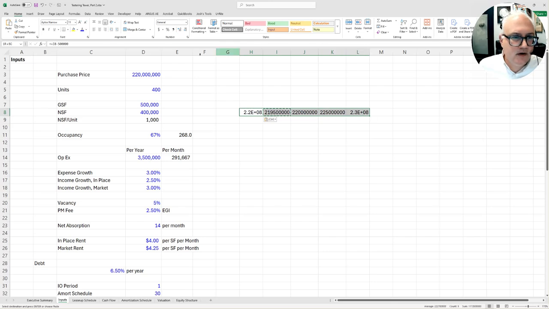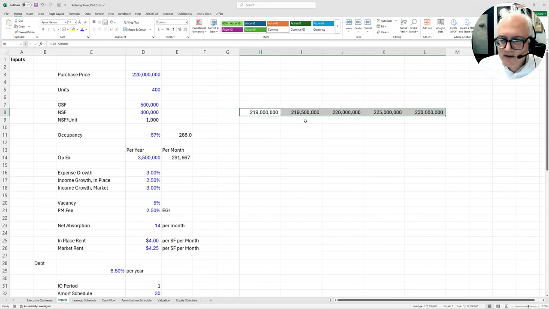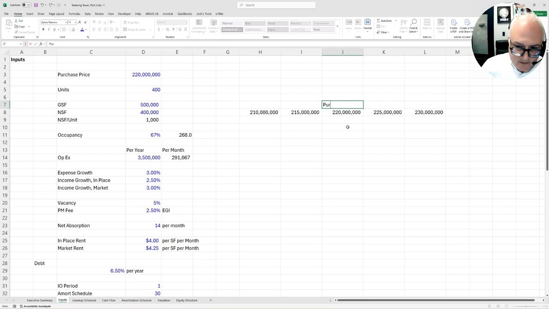And let me, again, do some formatting. Okay, so 210, 215, 220, 225. That's the purchase price. And this table is going to be for the unlevered IRR, which is going to be a link to